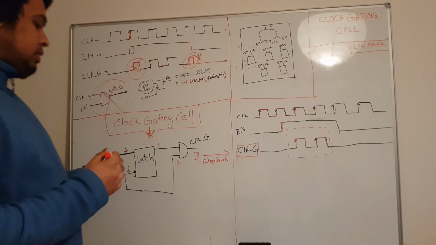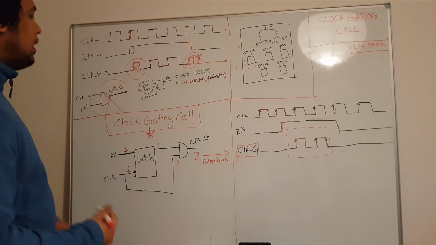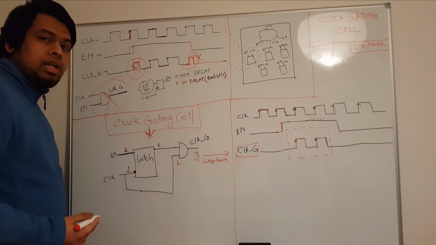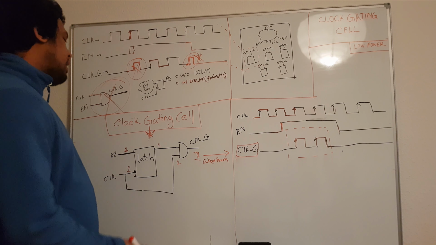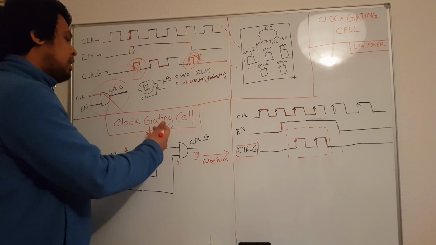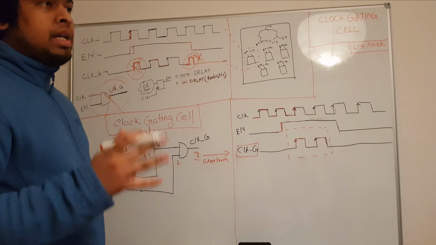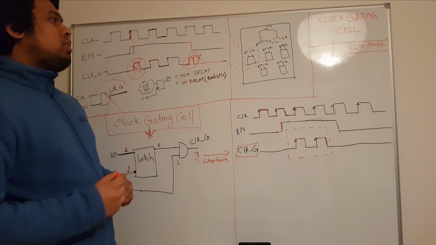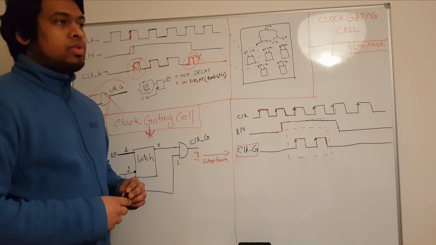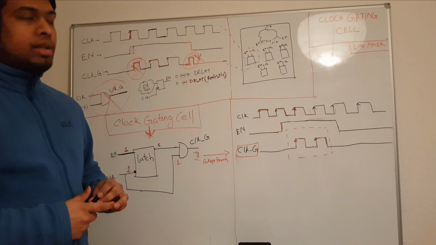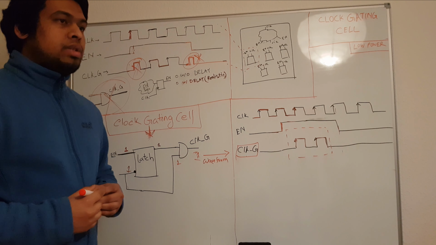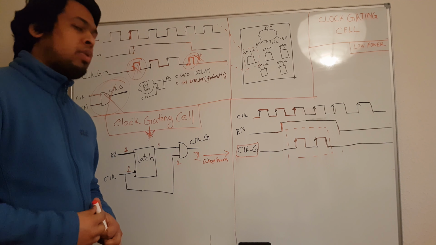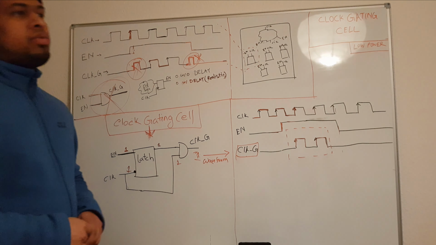Right now, do we have to develop this? So you have a latch, right, and you have an AND gate. So you may think that you have to create a clock gating cell. Now in the industry, this is not practiced. In the industry, the clock gating cell is already available in your library, right? So if you need a clock gating cell, then you should ask your colleague who is responsible for the library. So for example, if you're using